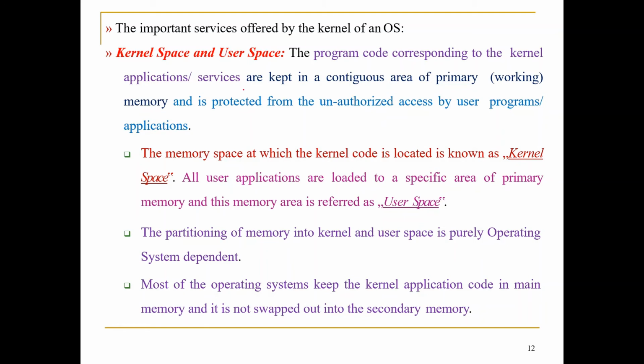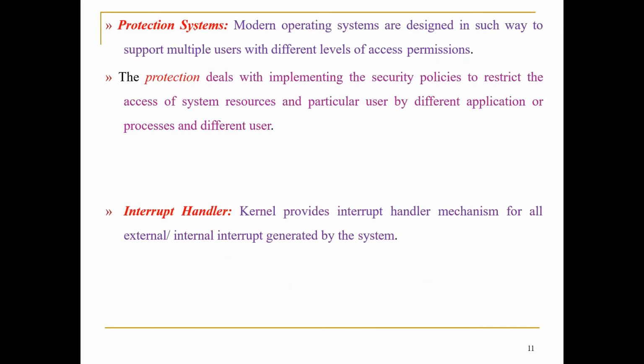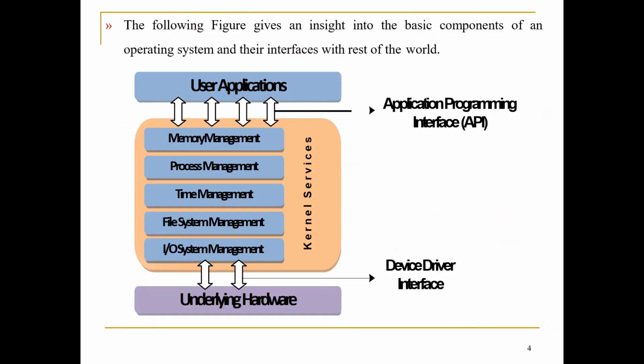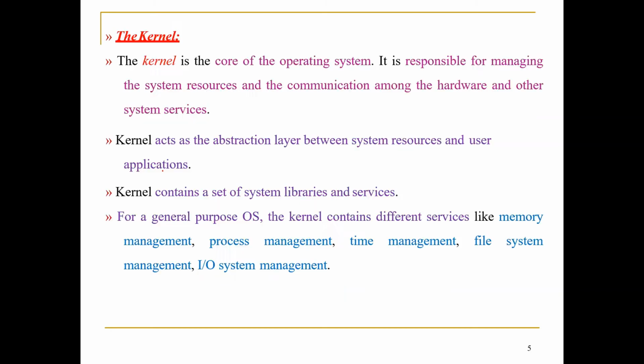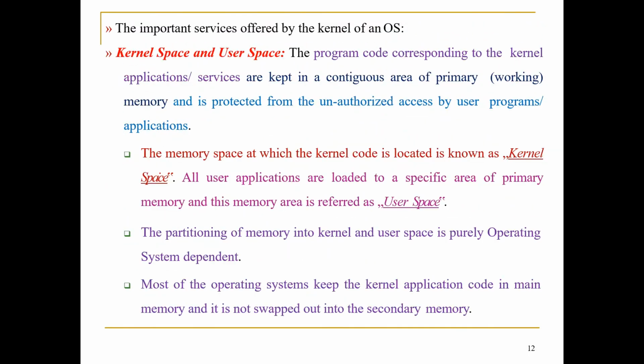Normally when I speak about a kernel or the core of an operating system, the space in which your kernel is placed, this particular space what you can see here, is broadly divided into two spaces. The first space is called kernel space, the second space is called user space. So the space of the operating system is divided into two different spaces: one is called kernel space and the other is user space.